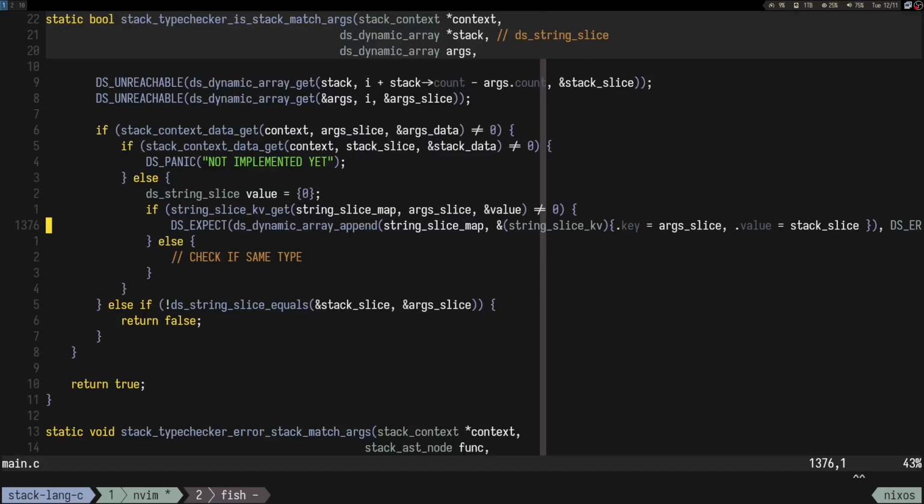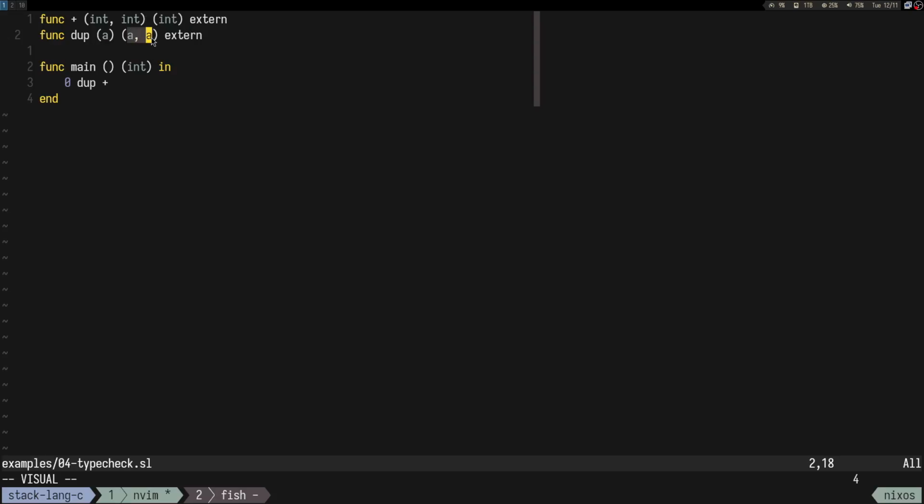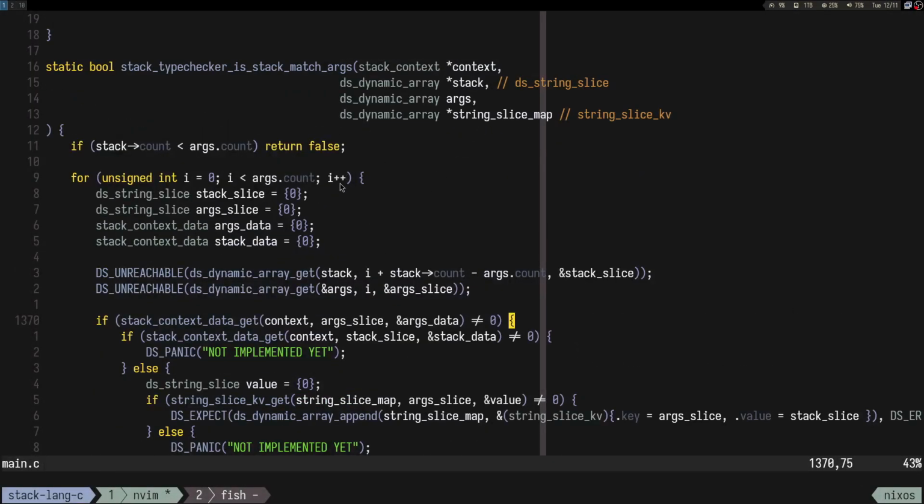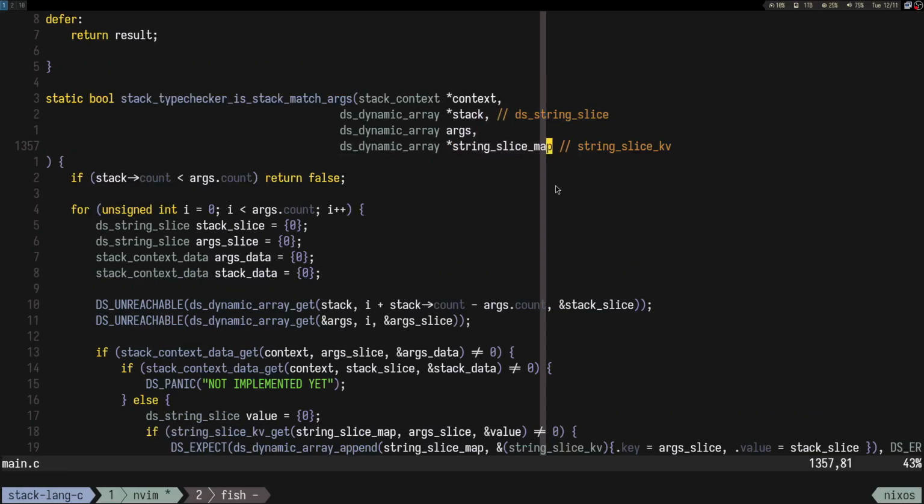So basically when we put our load on the stack, instead of putting a's, we put integers, right? So that's the idea. And if we have already something, let's just say not implemented yet, and we'll implement once we get to needing this. But yeah, so the idea here, if we have an a as an argument of a function and we have some kind of other type on the stack, we just put that as the mapping. So now our mapping should have that